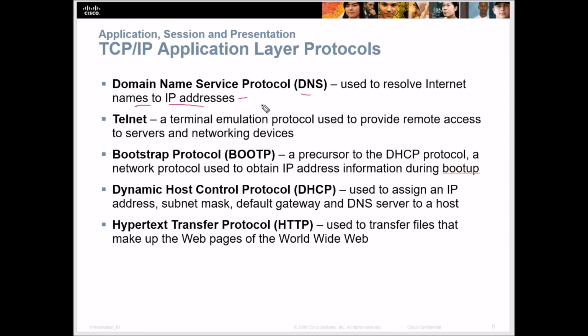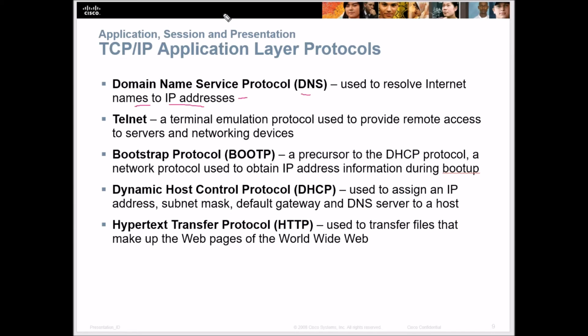So we don't essentially have to remember phone numbers. When we use a plain old telephone system or a cell phone system, we have to dial a telephone number, and we have an address book. Well, what the DNS system does is it creates an address book on the internet, so that we don't have to remember IP addresses. We can just type in a domain name, and then that gets resolved to the IP address.